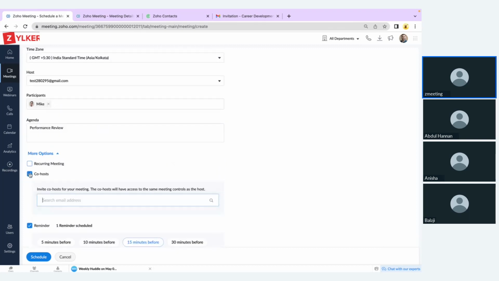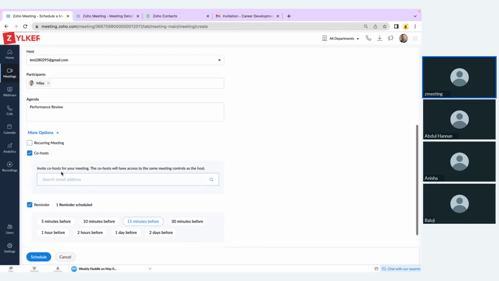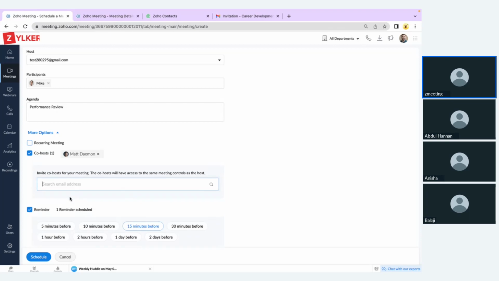We have already seen an option to make a participant a co-host within the session itself. Now what about this option? This option will allow you to make your organization user a co-host before you start the meeting. So let's say you can add your organization users to start the meeting as a co-host in your stead. They have most of the controls just like the presenter of the meeting. If you're not available that day or do not have access to your laptop, the co-host can start the meeting